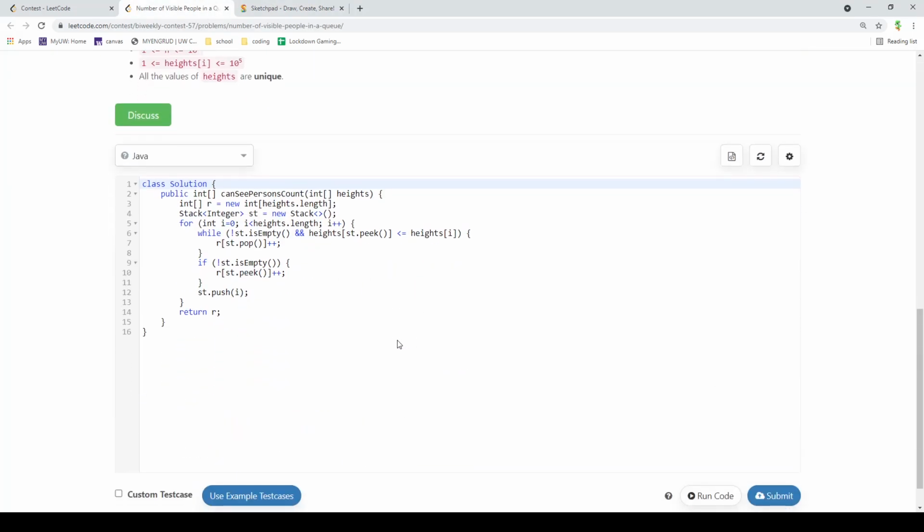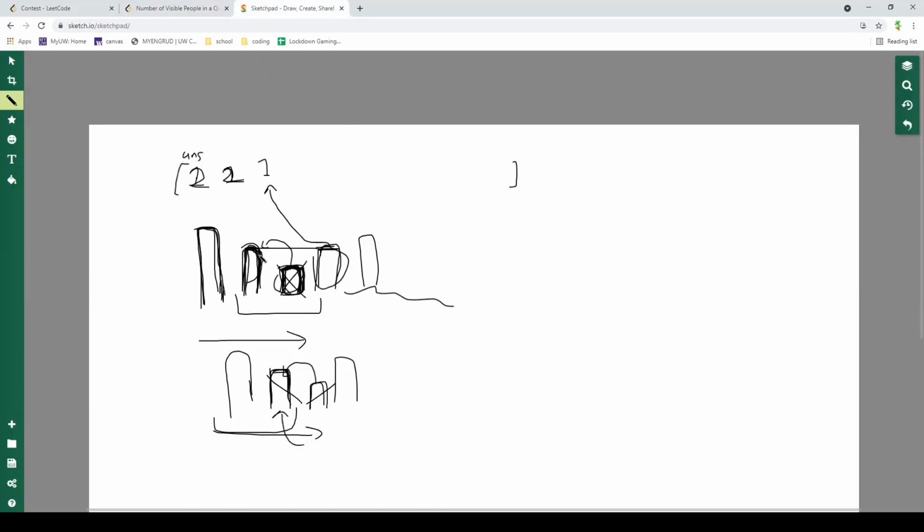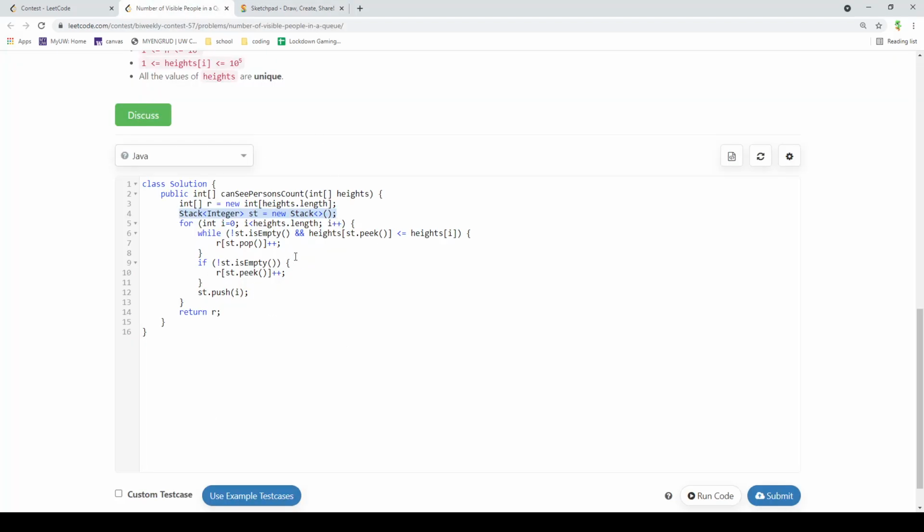So if we look at how the code is implemented, we will have an array which keeps track of our answer, and a stack which keeps track of the people that can still see somebody. So a person can still see somebody if there is no one that is just as tall as them to the right of them. And so for every person,